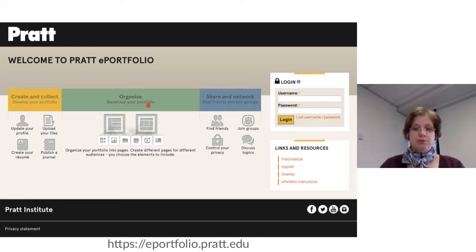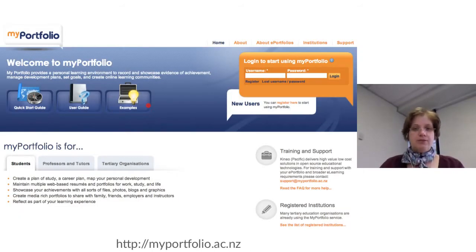And a few more sites to give you an idea that you can theme Mahara in many different ways. Here is another portfolio site for a design school, Pratt Institute in New York. Then we have another tertiary site, myportfolio.ac.nz. This is actually a so-called multi-tenanted Mahara site, because